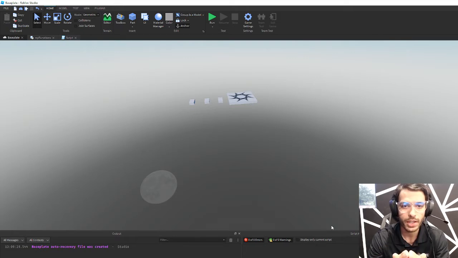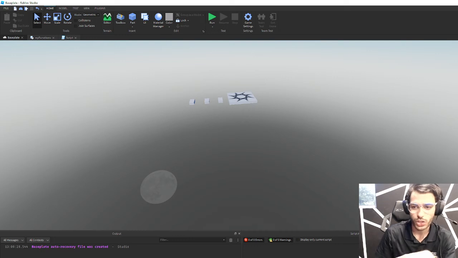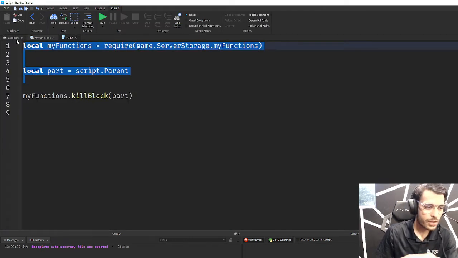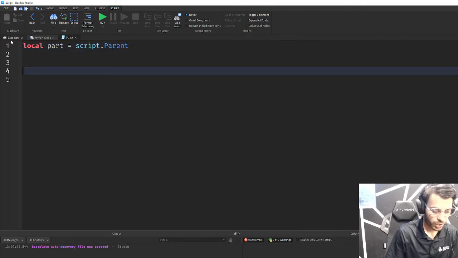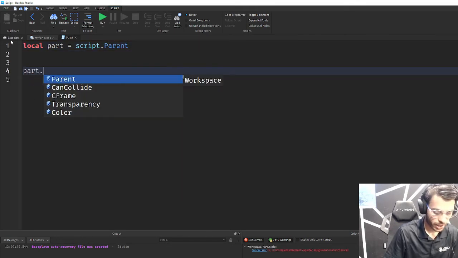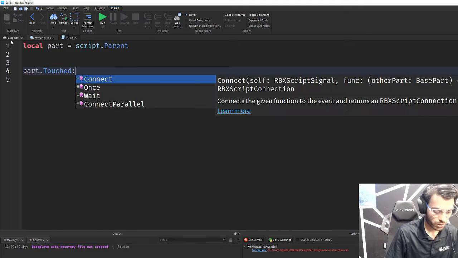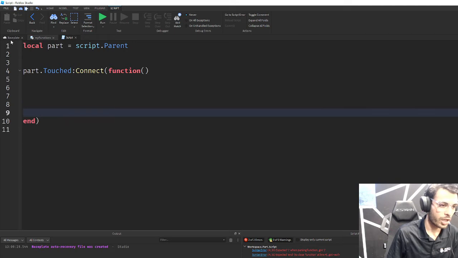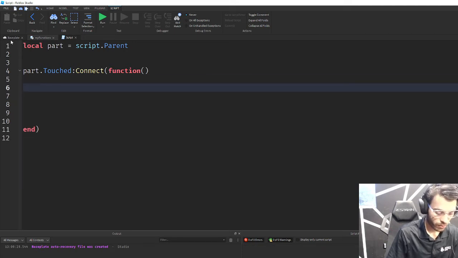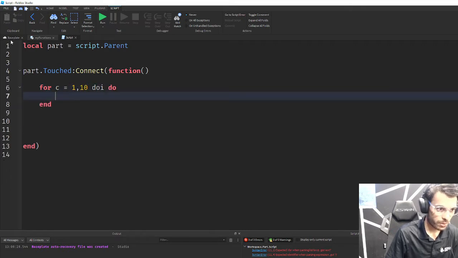So let's first go ahead and look at procedural programming. Procedural programming is what you all are most accustomed to. That is when you jump into a script, right? And you go local part is equal to the script dot parent, and you create a script. So like part dot touched colon connect function, boom, and we'll go for c equal to 1 to 10 do,